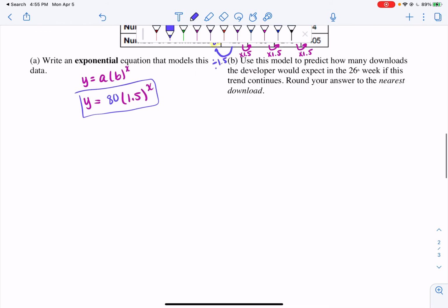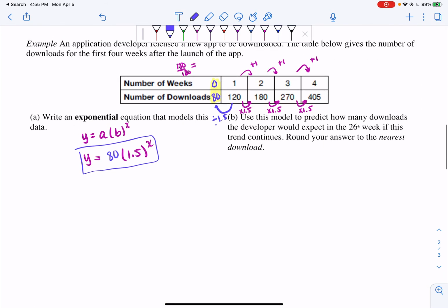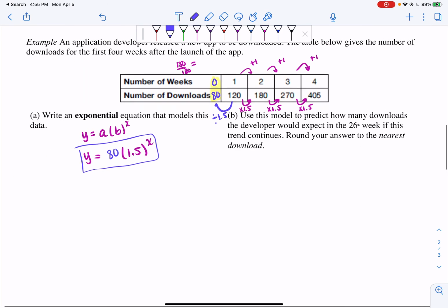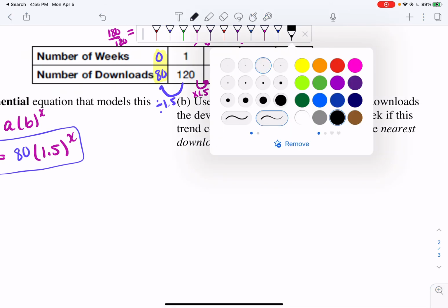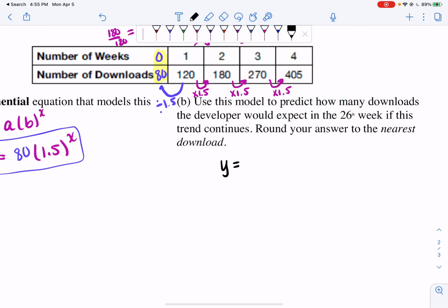Part B. Use this model to predict how many downloads the developer would expect in the 26th week if this trend continues. All this is asking you is to plug in 26 for x. So we know our equation is y equals 80 times 1.5 to the x power. We're going to take that 26 and plug it in for x. I'm now going to type this into my handy dandy calculator. And when I type it in, I get y equals